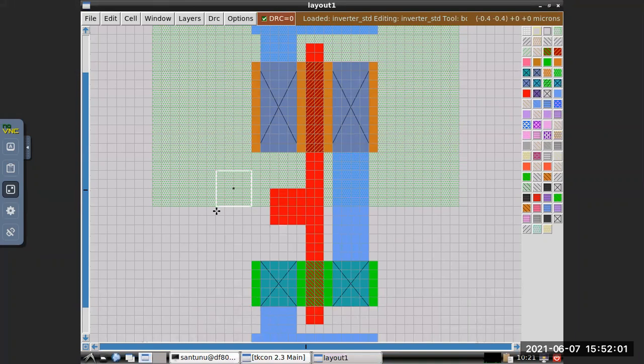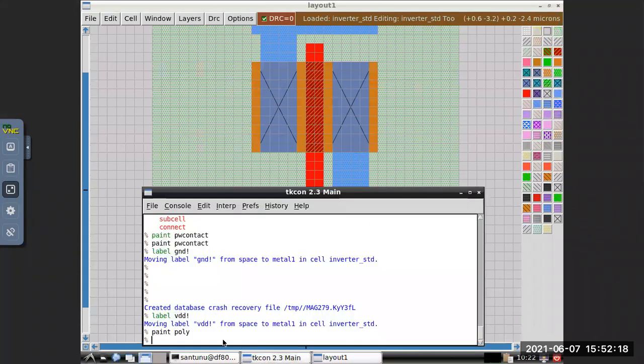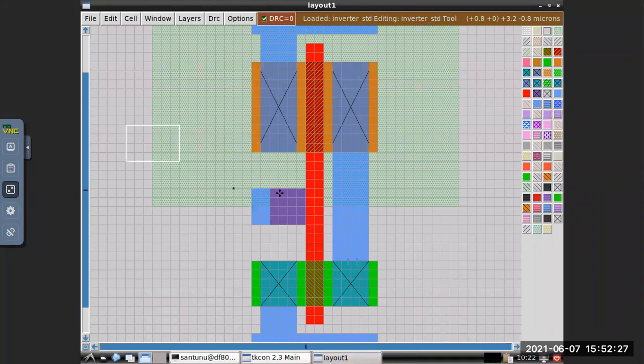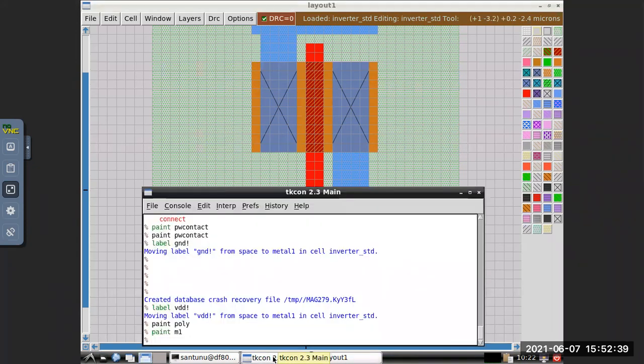Okay. Then from here, paint metal one. Okay. So now in this area you can put a poly contact. Okay. So paint poly.